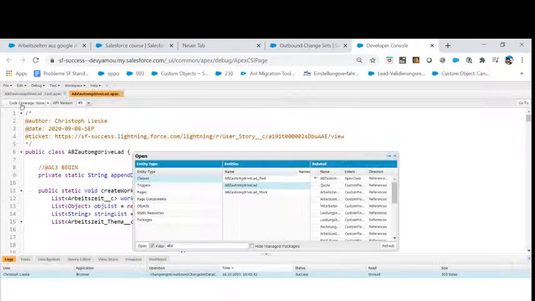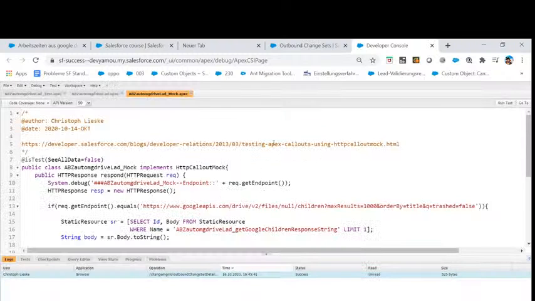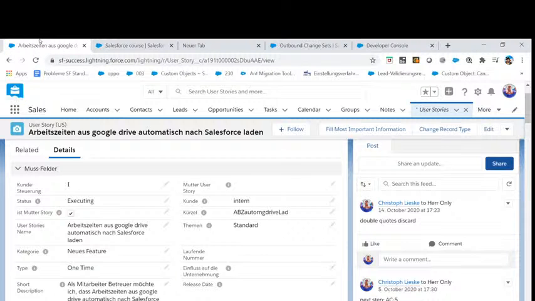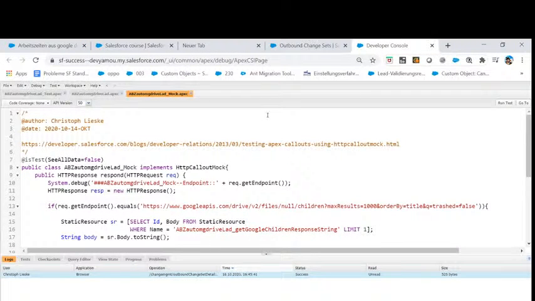We have some three classes in there, and those classes relate to our user story, so they are called like this. And the next step relating to the user story was to discard quotes. That was from 2 days ago, but from yesterday I guess we had another